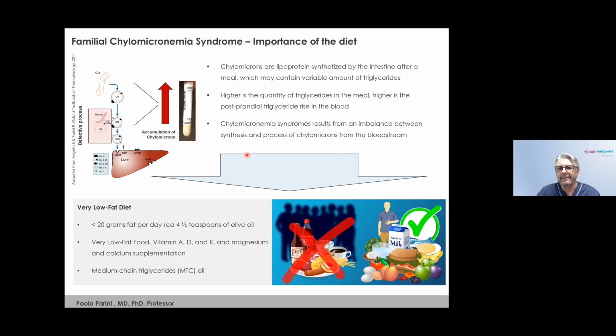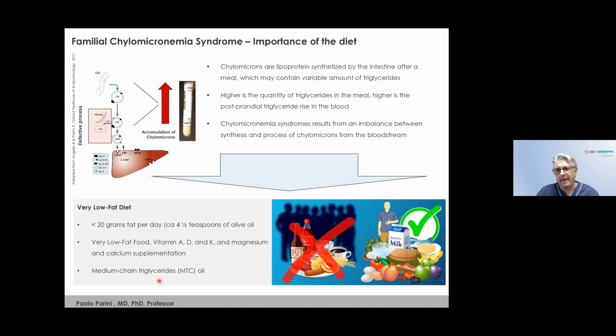And since, as I said, there is an imbalance between synthesis and the ability to break down the triglyceride in the chylomicron, one of the pillars of the approach to control and treat familial chylomicronemia syndrome is to reduce as much as possible the triglyceride content of the chylomicron. That's why we advise to use less than 20 grams of fat per day. That's why we also advise to use medium chain triglyceride oil, because this leads to less formation of